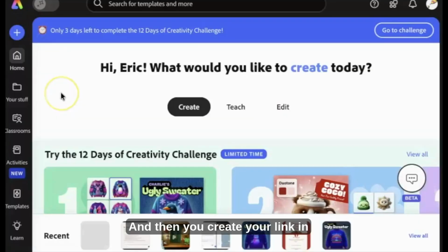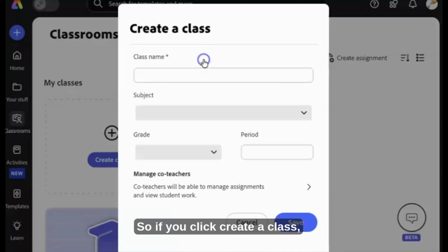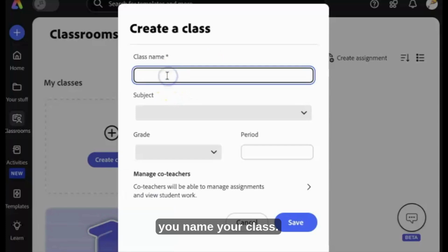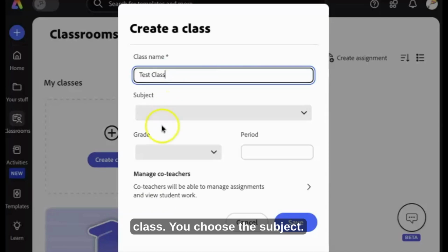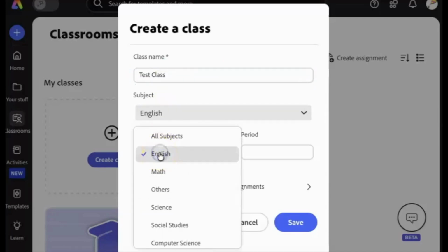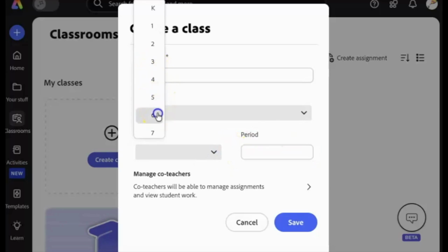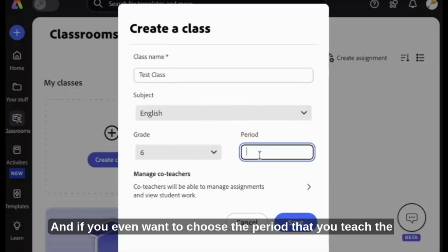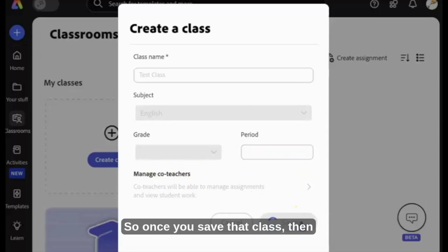In order to set up your classrooms, if you go to classrooms here, you'll be able to create a class. So if you click create a class, you name your class. I'm just going to put test class because it's not going to be a real class. You choose the subject. You can choose your grade. And if you even want to choose the period that you teach the class, you can add that there. You can also add co-teachers. Once you save that class,